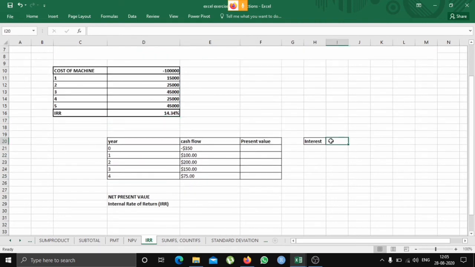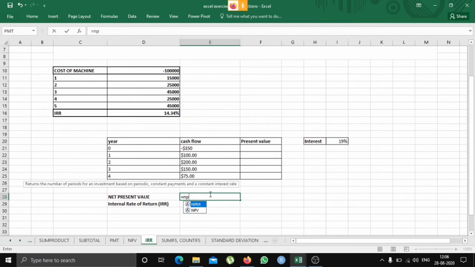Now let's proceed ahead and also calculate NPV and IRR for another example. We'll also calculate the present value for this one. So for the interest rate, IRR, open the bracket, select the whole range, close the bracket. It is 19%. Let's calculate the NPV. NPV, open the bracket, select the rate of return, divide that by 12 as we need monthly, and then select all the inflows specifically, close the bracket, and then add the outflow, which is 350, and press enter. Net present value is 126, and the internal rate of return which we calculated is 19%.